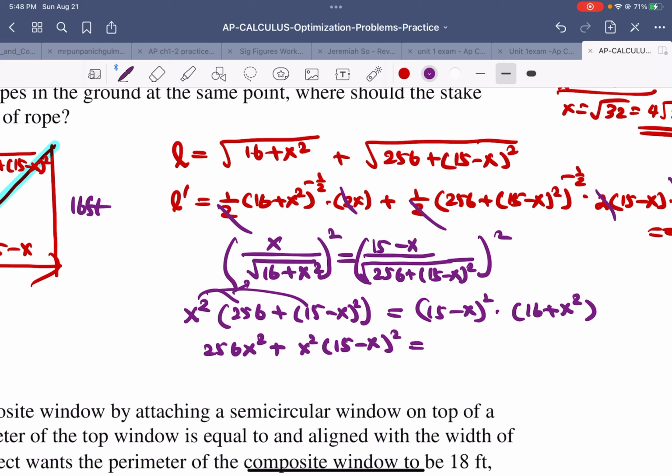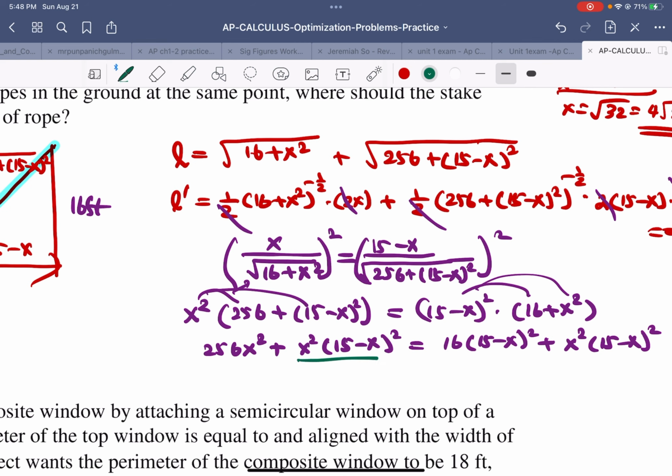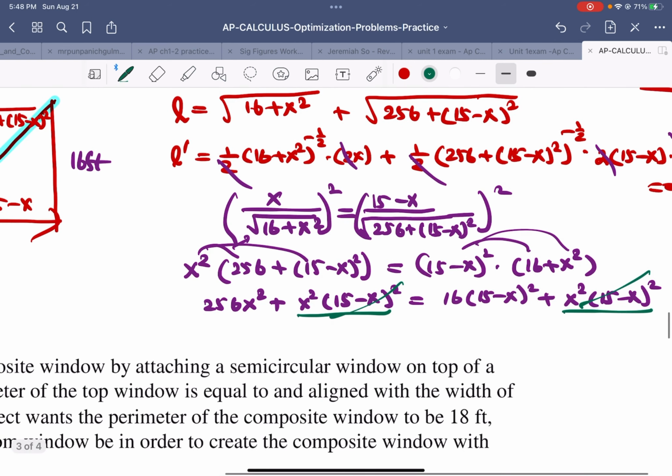On the right hand side, also when you multiply it out, 16 times (15 minus x) squared plus x squared times (15 minus x) squared. Now I see that this one is the same, so you can cancel. That's nice. And then after that, you have only this one and this one left. So why don't I divide by 16? So then 16x squared equals